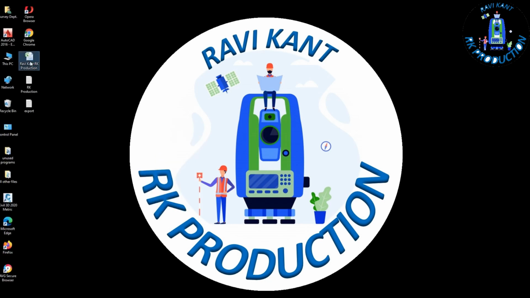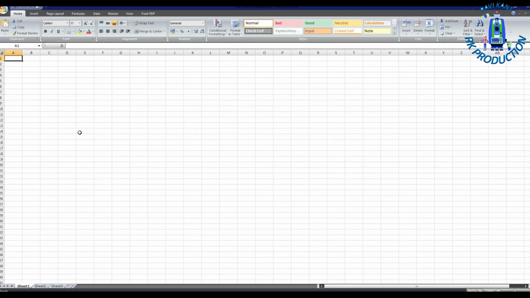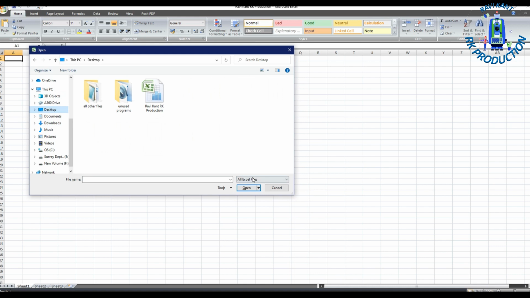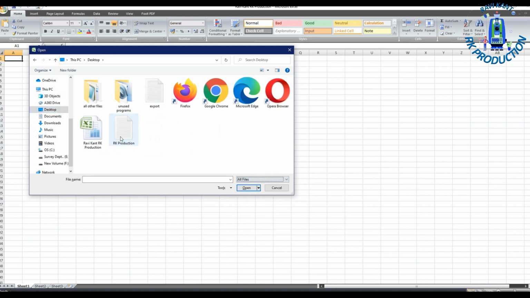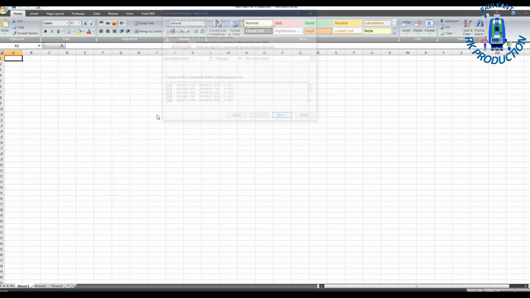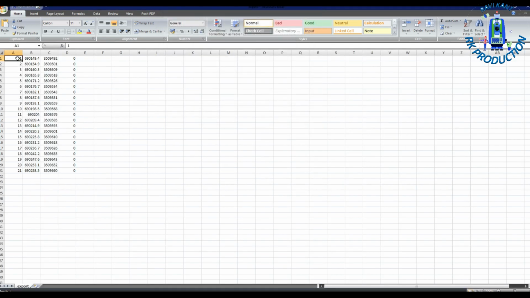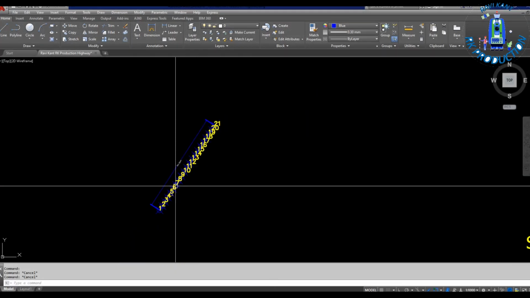Go to Open, select the file location, All Files, and our file was export, the name I gave. Simply next and finish. So you can see the numbering, then easting and northing, 1 to 21.